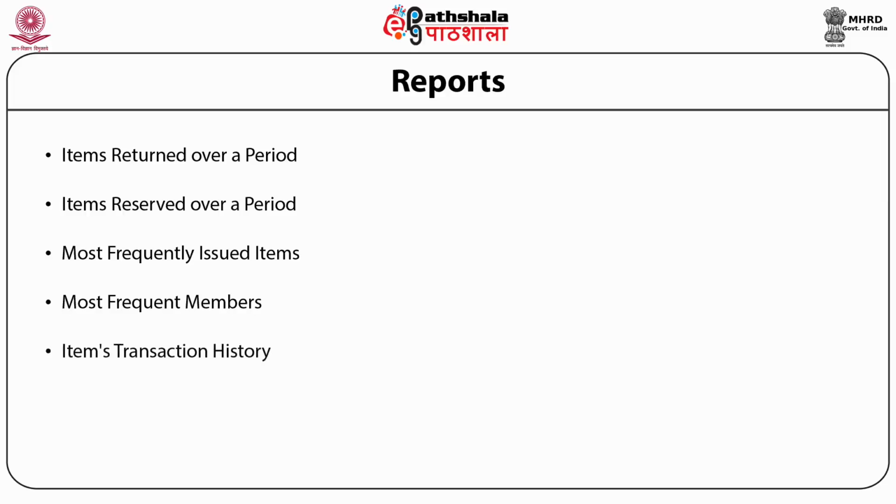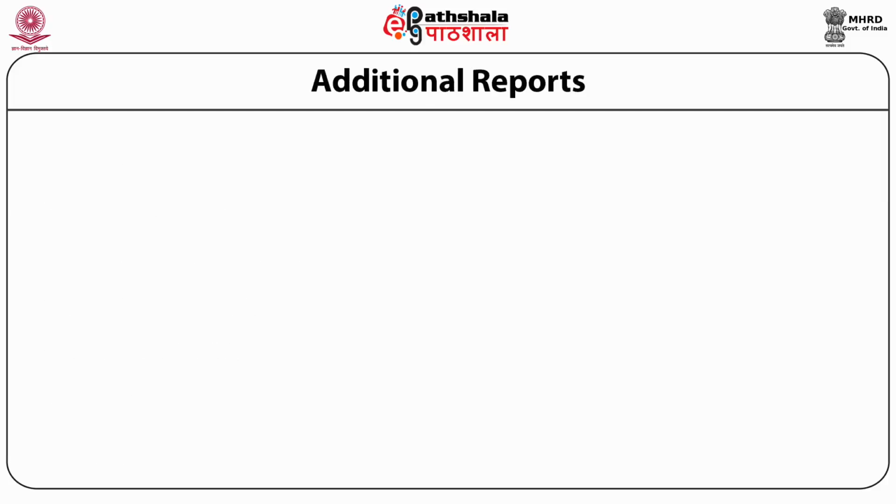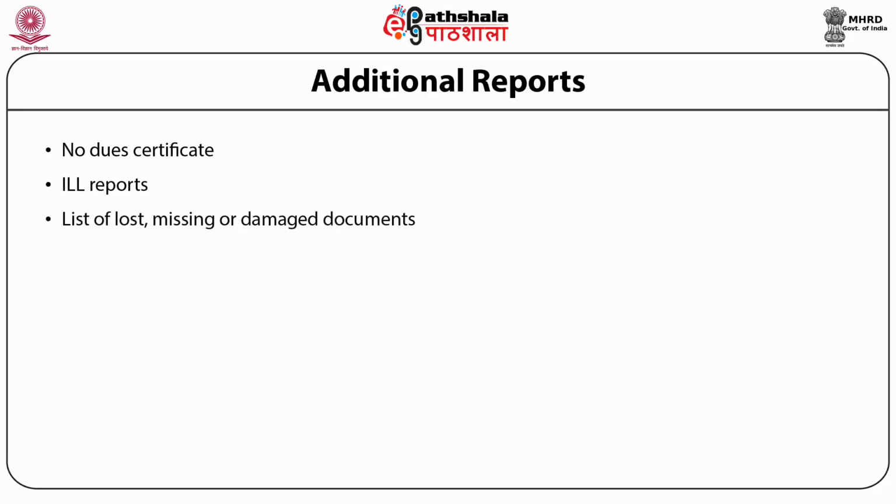Next is the item's transaction history. Entering the accession number or resource identification number of the desired document generates a transaction history of any particular document. And the last is the fiscal report. It gives details of the fines collected by the library either on a particular date or between two ranges of dates. Additional reports. It includes no dues certificate, interlibrary loan reports, list of lost, missing or damaged documents,